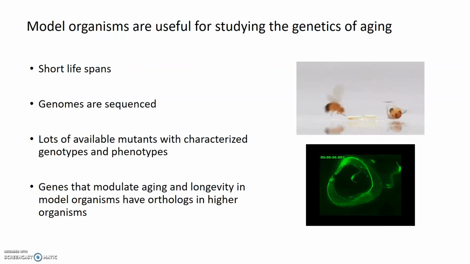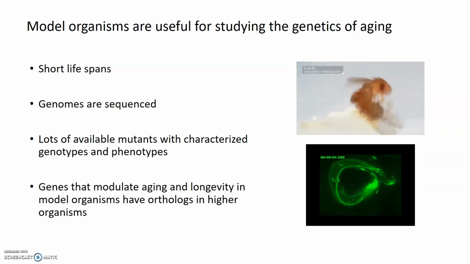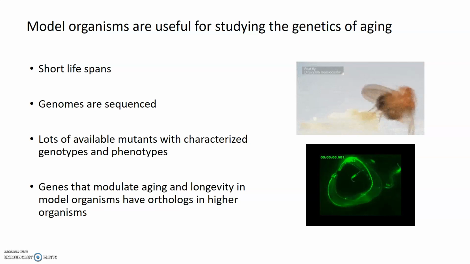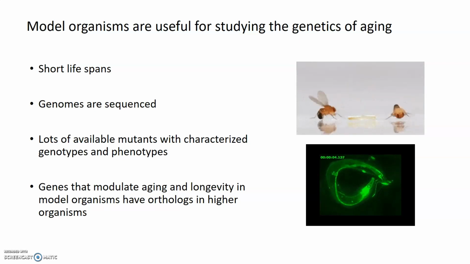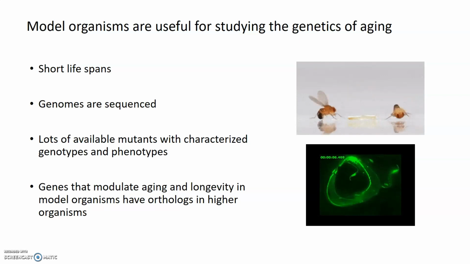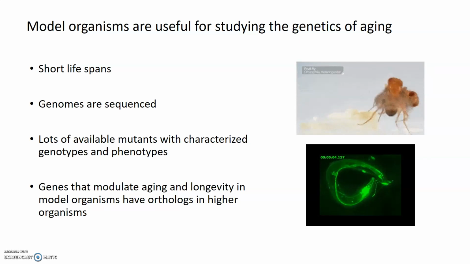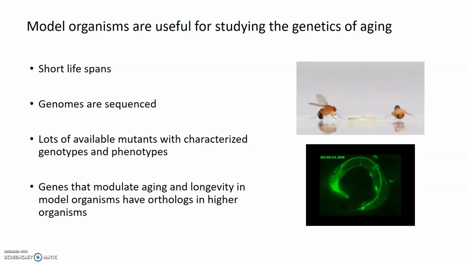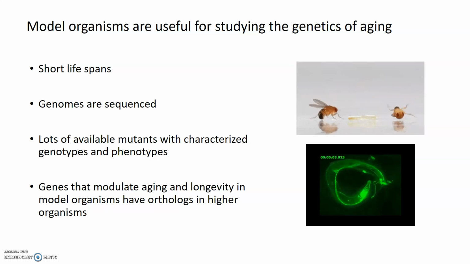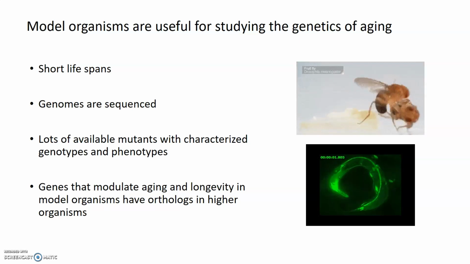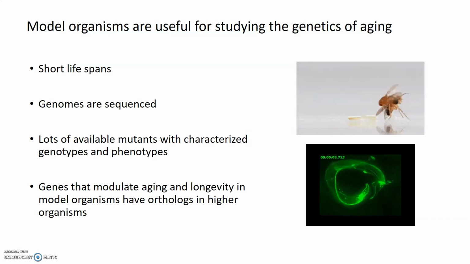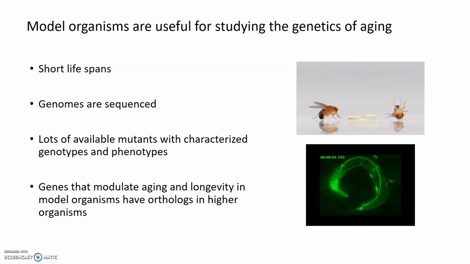And so, as we've already discussed in the course, model organisms are particularly useful for studying the genetics of aging and longevity. And this is for several reasons that you can see listed here. The first of which is that model organisms tend to have short lifespans, which means we can do experiments in the laboratory in a much shorter amount of time and study aging in something with a much shorter lifespan than a human. Additionally, model organisms have their entire genome sequenced,